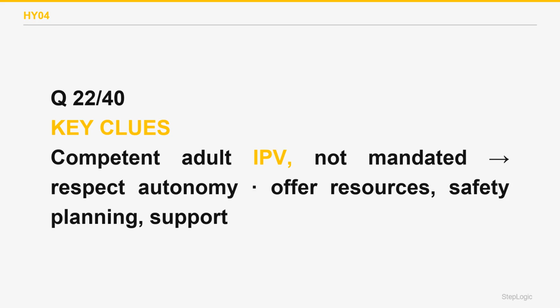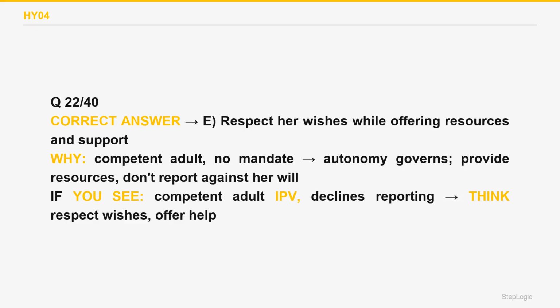Unlike child or dependent elder abuse, intimate partner violence against a competent adult is generally not mandatory to report where no such law exists. The physician must respect her autonomy. She decides whether to report or leave. The right role is to offer resources, safety planning, and non-judgmental support, not to act against her wishes. The correct answer is